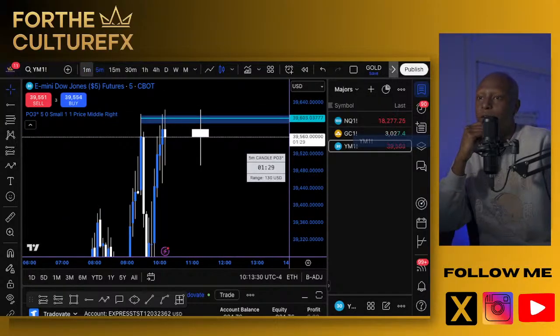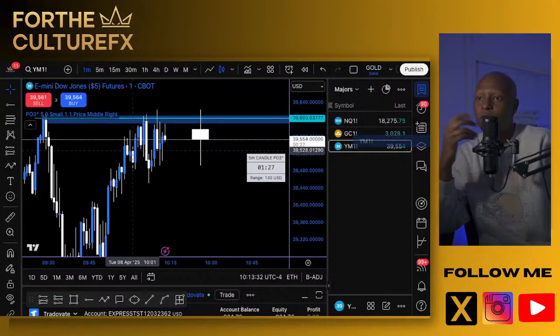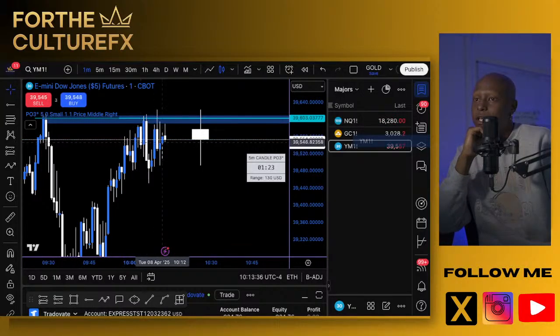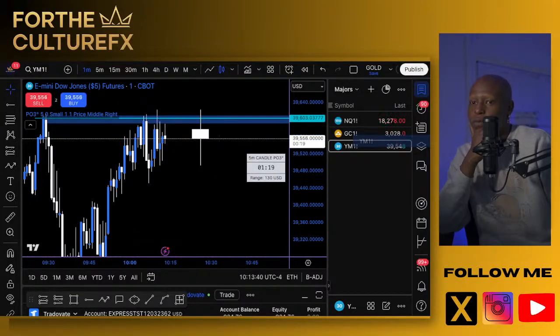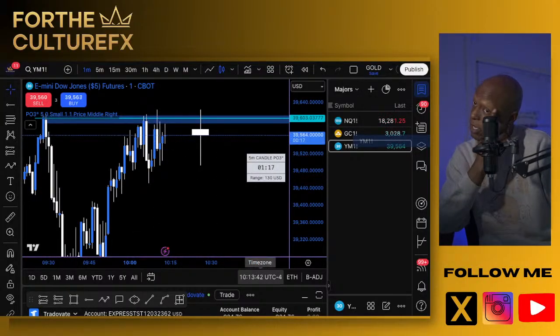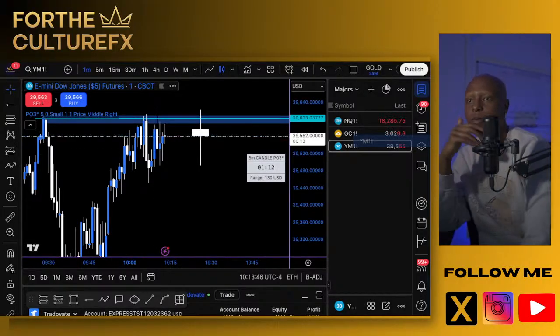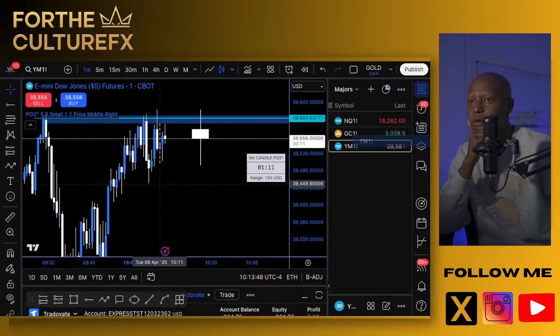Let's see how this 5 minute closes. If this 5 minute can close bullish, then that'd be solid. But I just didn't like the reaction from that area. Wound up just taking a stop loss at break even. Move stops to break even on that trade. This 1 minute closes bullish though. I mean, it should in theory go up.